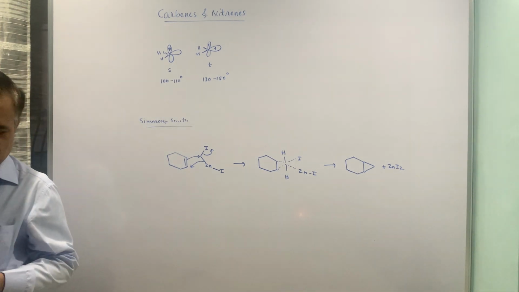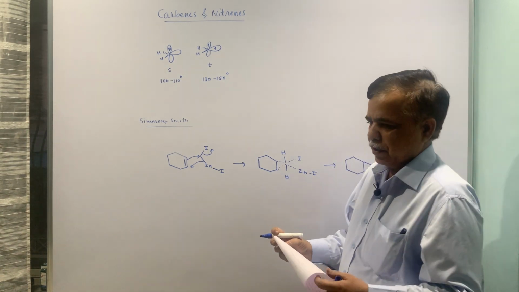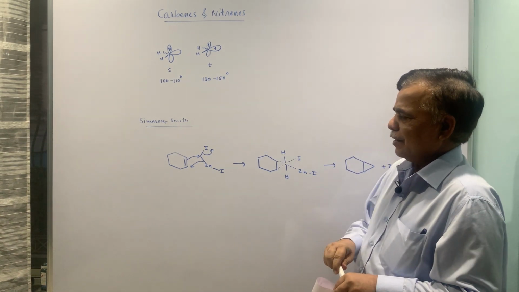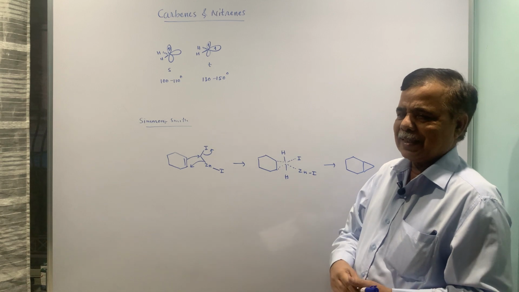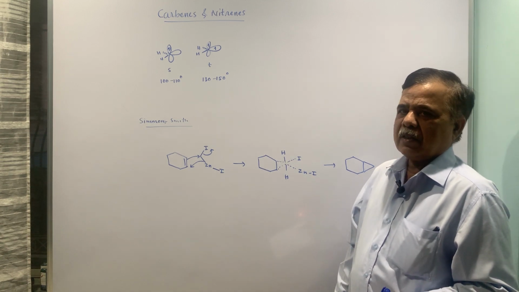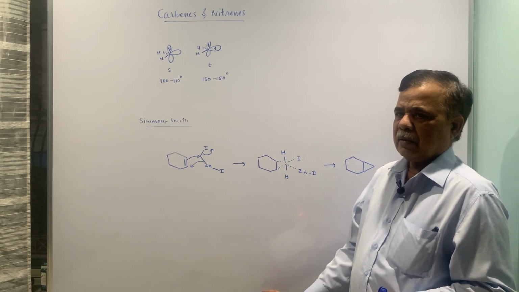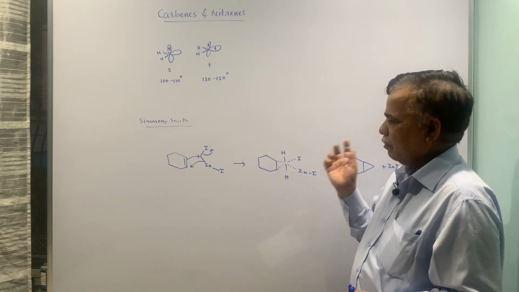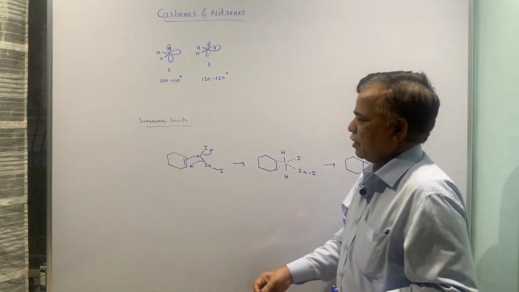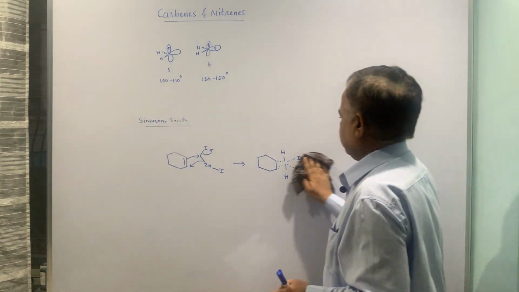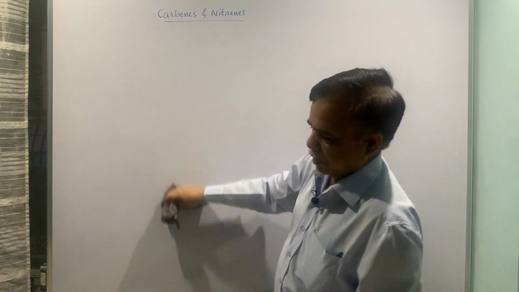So the Simmons-Smith reaction is a classical reaction of making the cyclopropane ring or designing the cyclopropane ring. Another method by which you can generate a cyclopropane ring is with the help of sulfur ylide. If you add to ketone, you get the cyclopropane, that is another method. Now cyclopropane normally is formed when this kind of reagents are used. CH2I2 zinc is well known.